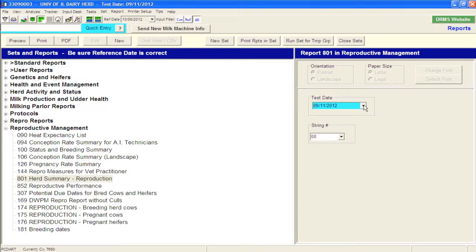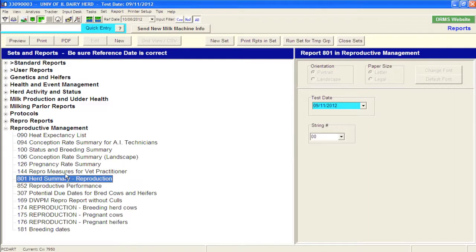You have the option here to select different test days in the past or the most recent test day. And we can also break this out by breed or string. And in the case of the University of Illinois dairy herd, which we're using as an example herd here today, the Holstein herd would be string number 1, and Jerseys would be string 2. But because of the way reproduction is managed at the university herd, it's not breed specific, so we're going to basically use all breeds and all strings, and we're going to evaluate this report based on everybody that's in the